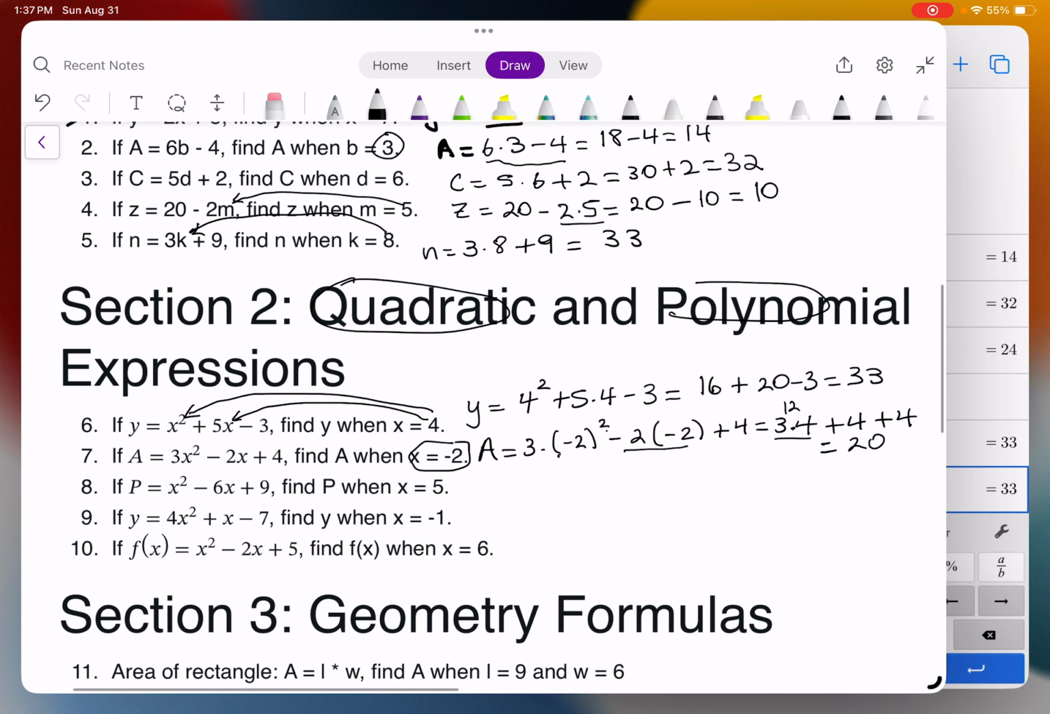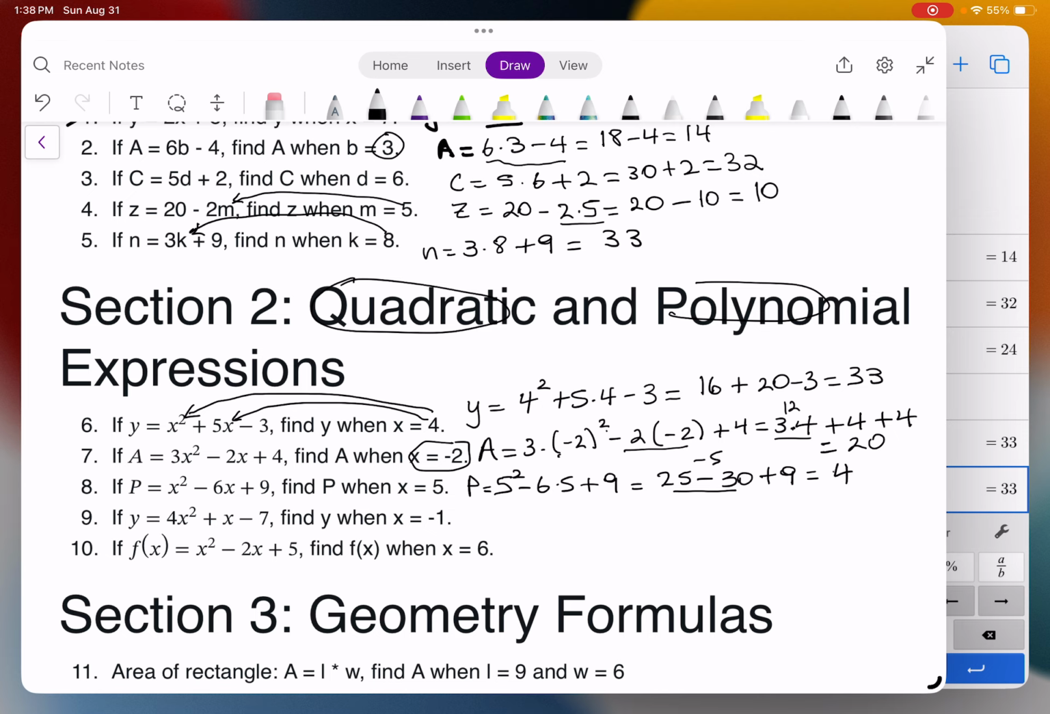Number 8, we have p equal, substitute in the 5, you get 5 squared minus 6 times 5 plus 9. So 5 went in place of both x's. We get 25 minus 30 plus 9. So here 25 minus 30 will give us -5 plus 9,